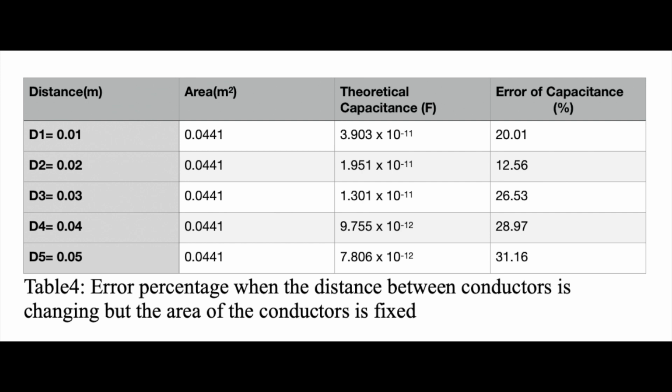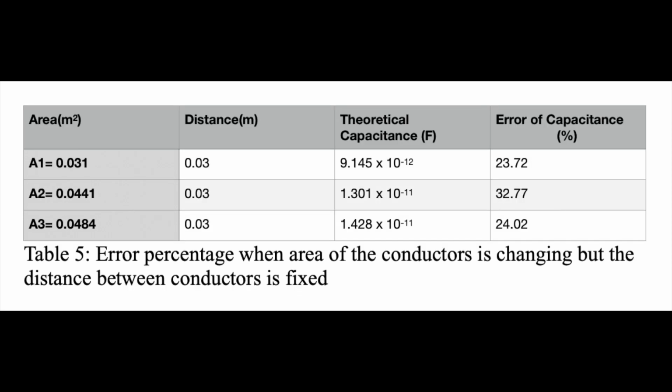When the area of the conductors is constant and 0.0441 meters square, I calculated the theoretical capacitance to figure out the error percentages. Error percentages between 12.56 and 31.16%. When the distance between the conductors is constant and 3 centimeters, I calculated the theoretical capacitance to figure out the error percentages again. Error percentage is between 23.72 and